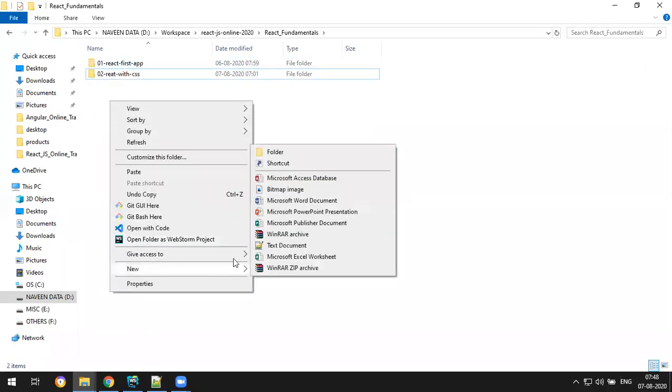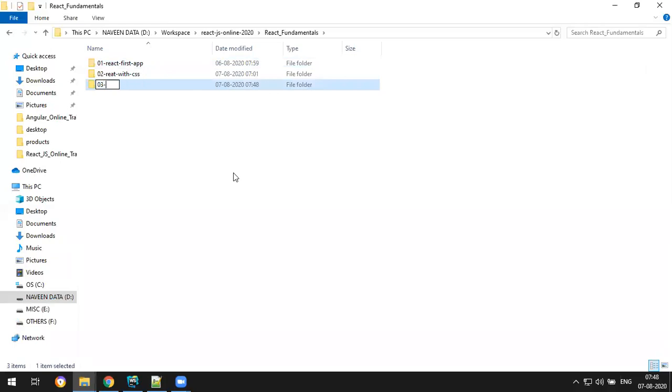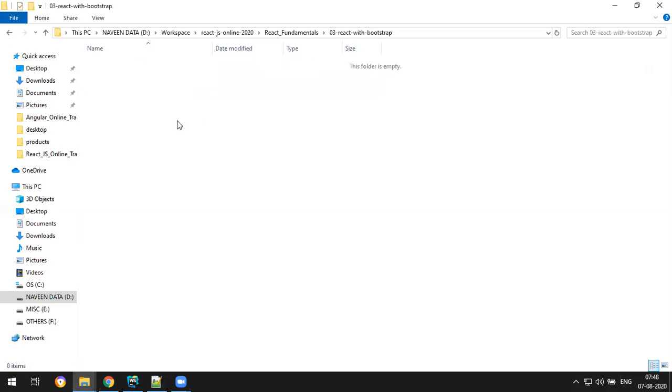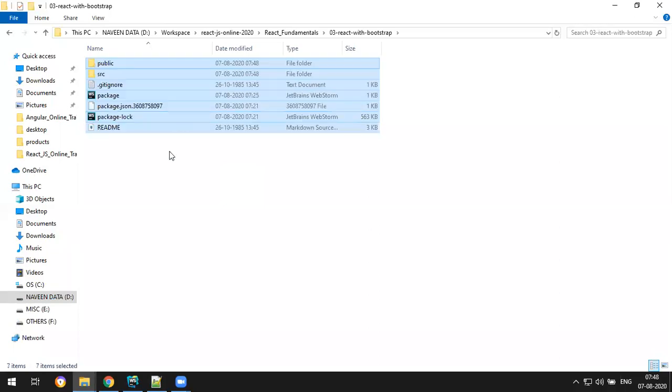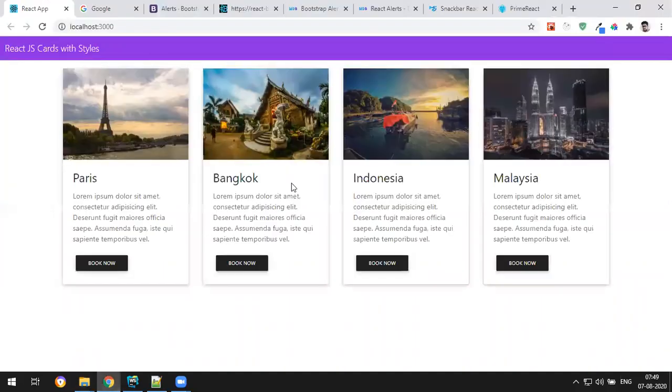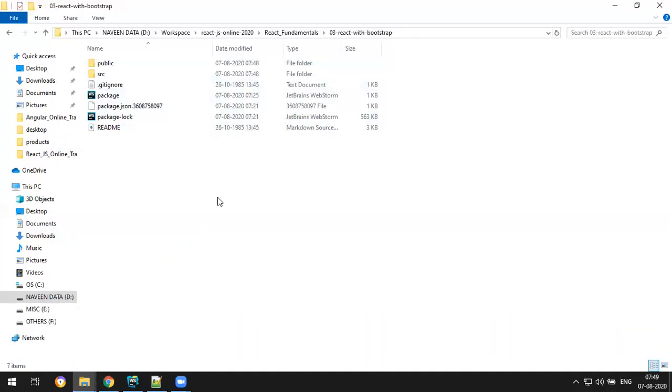So new today's code is here. 03 hyphen. You need to create this type of projects. So React hyphen bootstrap. Okay, React with bootstrap. Okay, fine. And in this, I'll paste all the source code. So only thing which is not there is node modules. So what you do once you create your own project, there you replace these files. So automatically this will work. Okay, so that's the plan.